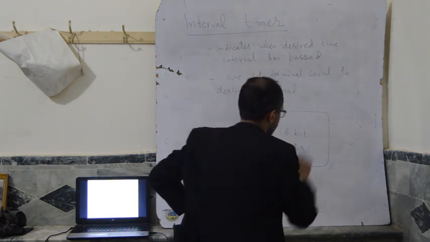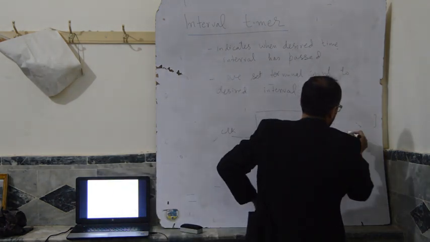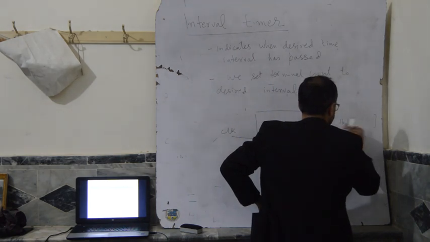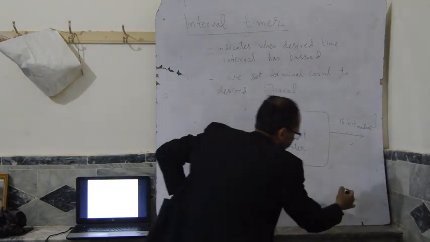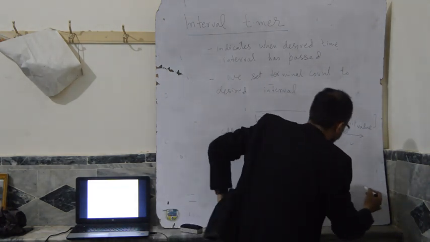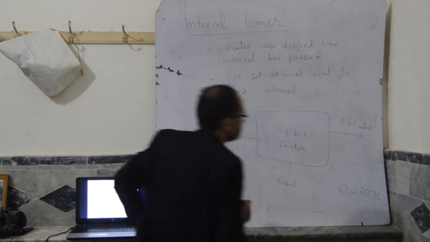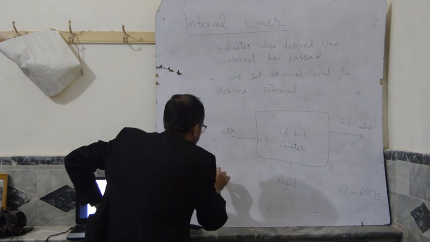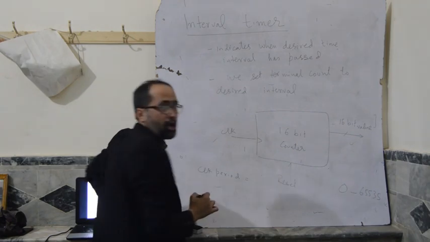So after reset it will be initialized to 0, and the output 16-bit value will give a value from 0 to 65,535. So let's assume that the clock period is